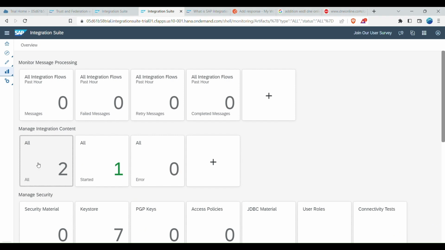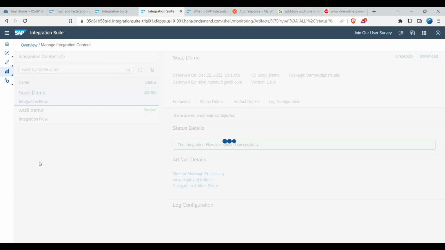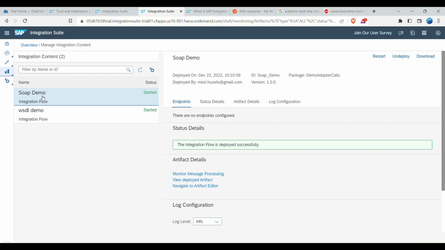Let's click on all the services that we have. Here you see SOAP demo. This was my previous one, and the new one is the SOAP demo that we have just now created. You see here it is already started successfully. And if you check the status of the service artifacts here,